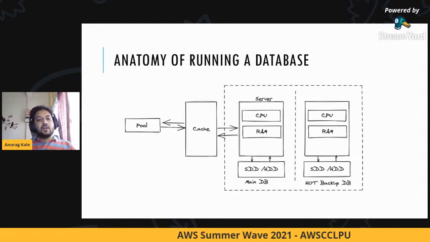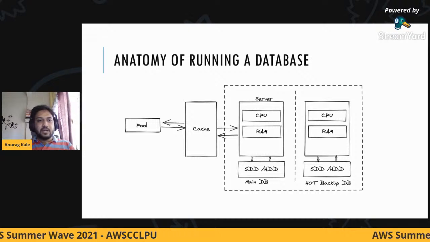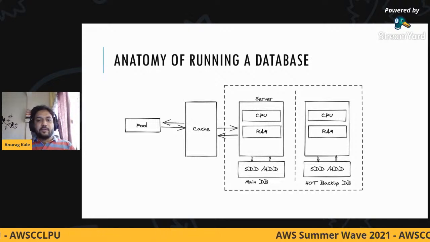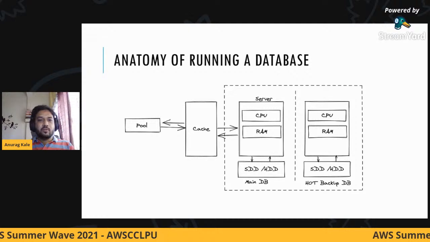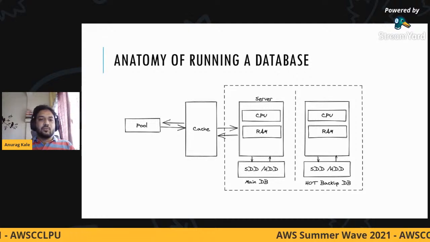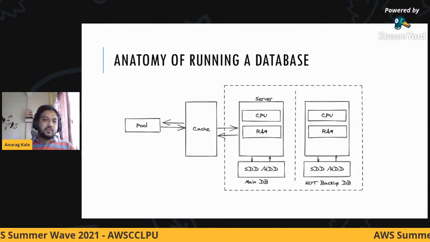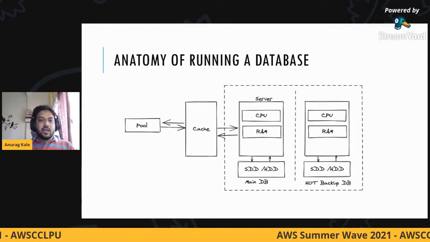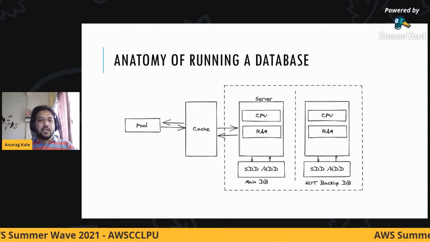Now let's say the data is not present in the cache. It will happen multiple times. Let's say somebody made a very different kind of query, somebody is asking on amazon.com for a different kind of thing. For example, they are asking for a very specific book which is written in, for example, Urdu or Marathi. That is not a frequently requested item, so it is not put in cache. So once the cache determines that okay, I don't have that value, it passes that particular query on to the actual server, and that actual server will then look at that particular query.